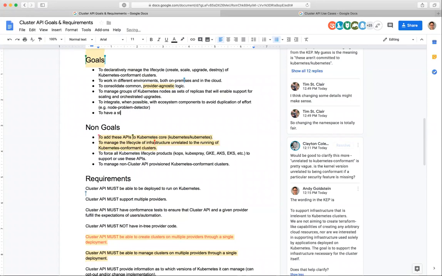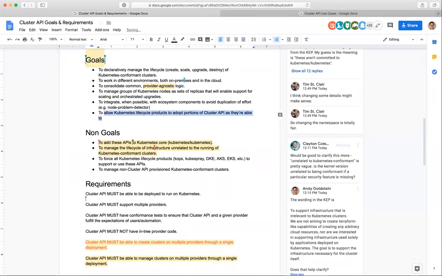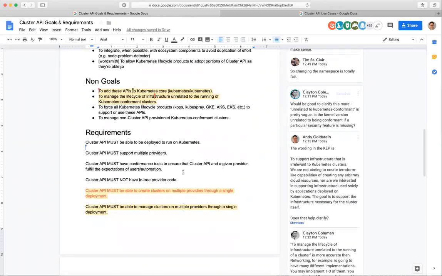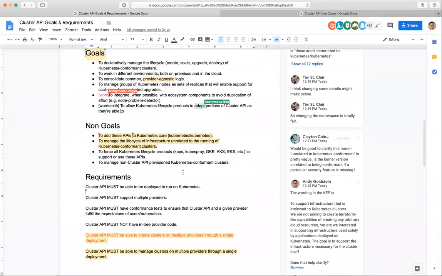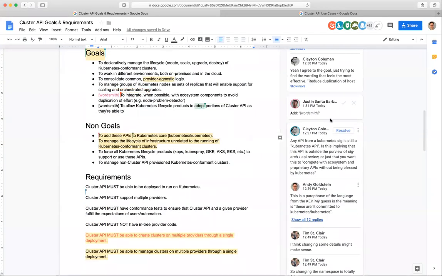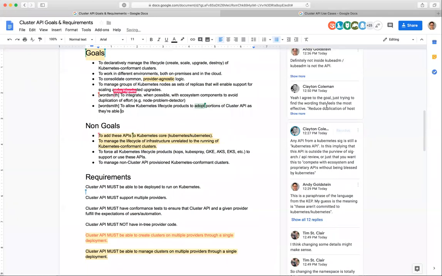Perhaps if we can't agree upon wordsmithing, I think maybe prefacing some of the statements with AI: will help us to revisit it and maybe get suggestions from the broader group. I'm just going to do that. Wordsmith. Does that work? Yeah, works for me. All right, so that's it for goals and non-goals. Any other comments on them before moving on to requirements?